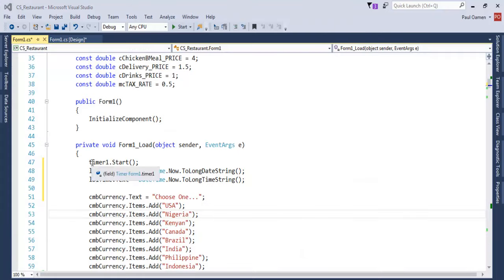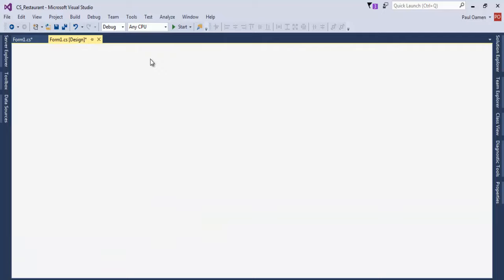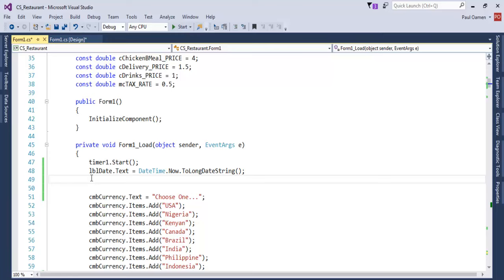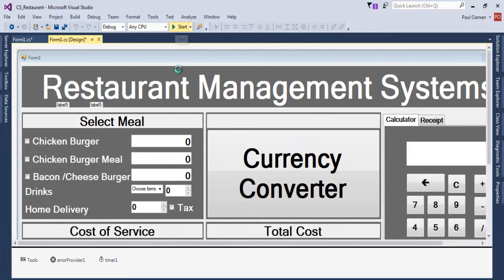and enter the following. Okay, to get the timer working, I've moved this line of code into the timer itself. I will then delete that same line of code from the form load. Okay, that line of code is out of here. It used to be here before, but I moved it into the timer, and I only left timer.start here. So if I run the program now,